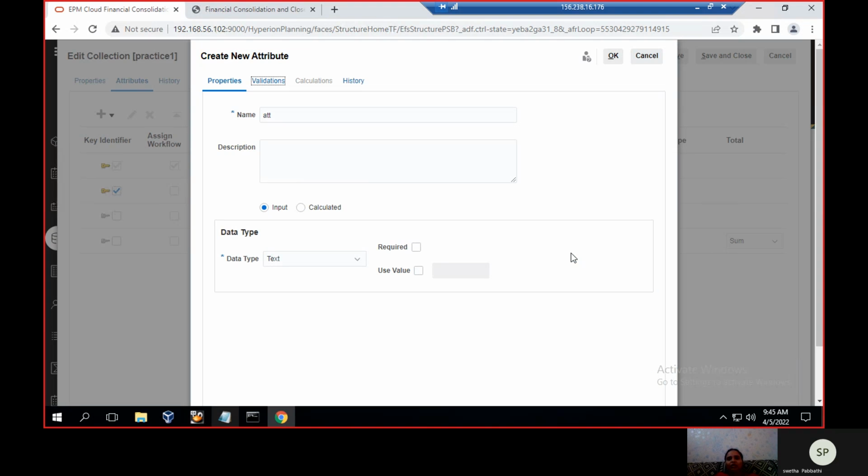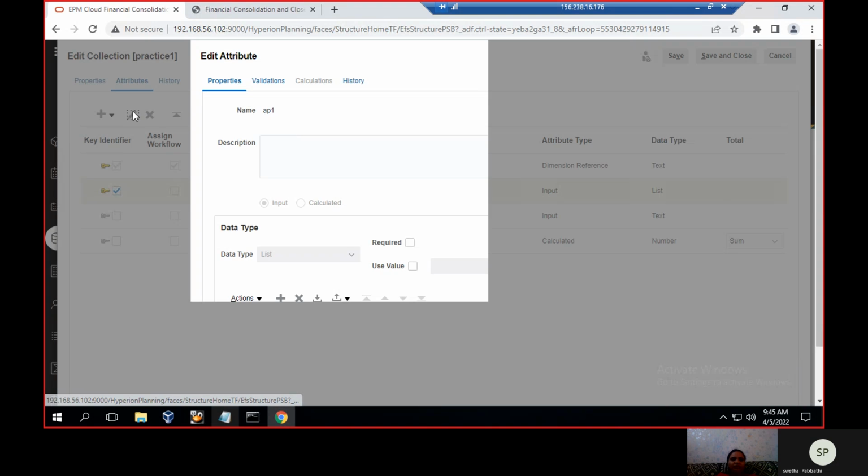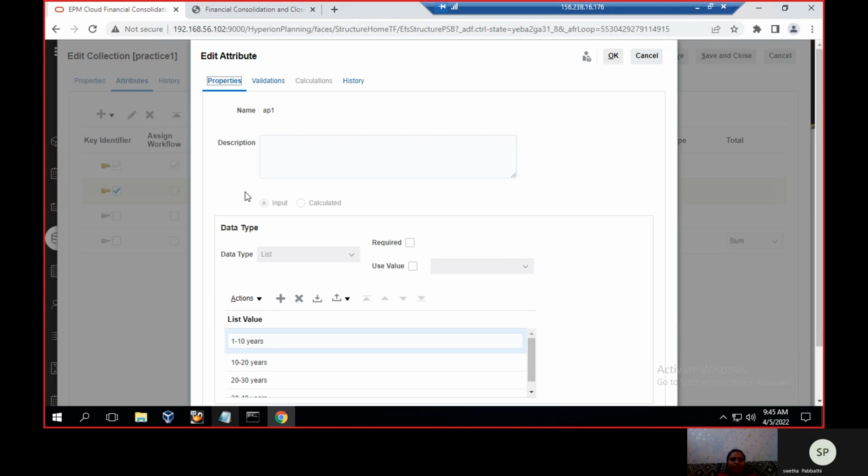Before clicking on save, we can see the validation. In validations we have the... I'll show you in just a second. So I'm going to edit one of the attributes. Here is the input. So you are taking the input,